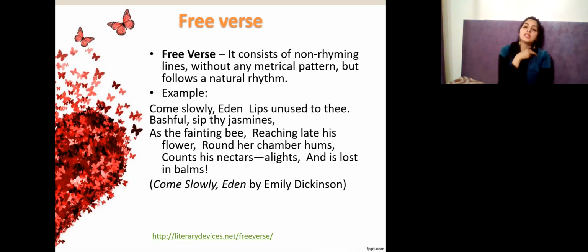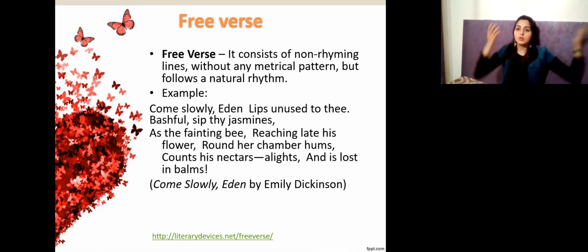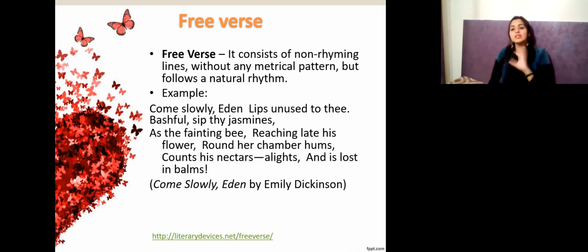You have to just freely bring out your heart, whatever you want, but it follows a natural rhythm. But it has to have a little bit of connectivity. You can put down whatever words you want, but it has to have a little bit of rhythm that you're saying. It should not be like you're talking about north, suddenly south, and you don't know where the poetry is going. So it has to have a little connectivity in it, and it can be free without any rhymes.